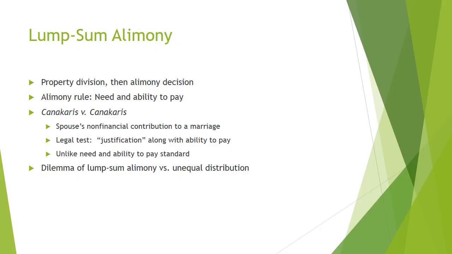And that's where lump sum alimony versus unequal distribution would be applicable. The only other solution, besides lump sum alimony, is to order the party keeping the asset to buy out the other's interests in the asset with some specified payments. But if you look at that solution, it would obviously impact the alimony issue, because then the need for alimony as well as the ability to pay alimony could be affected.